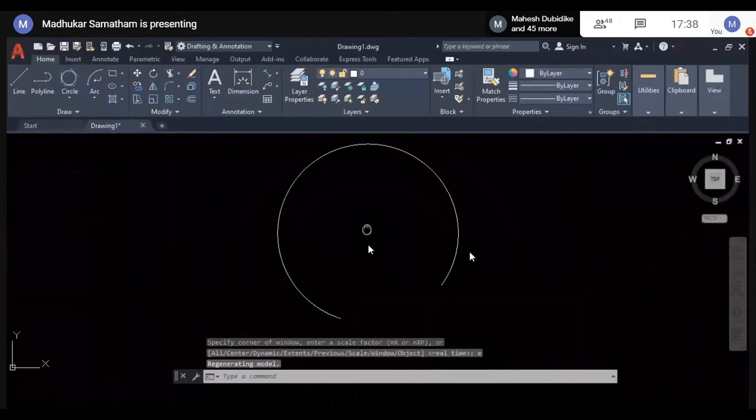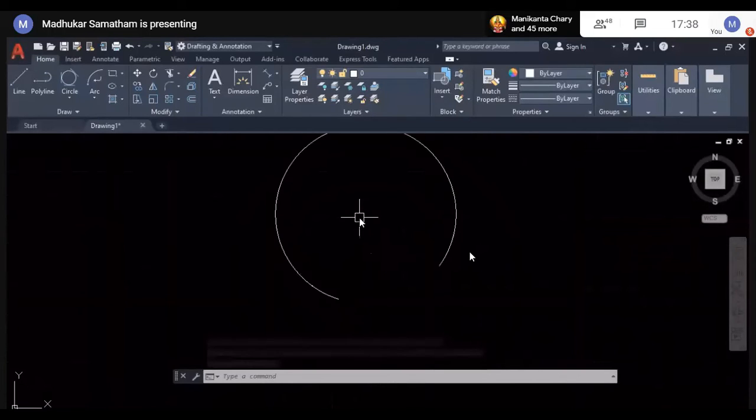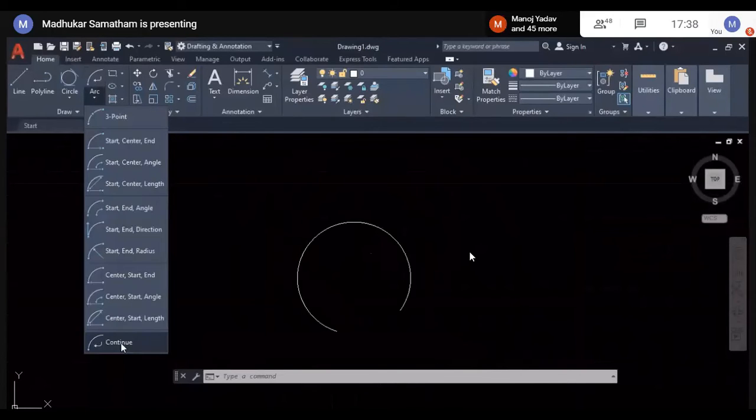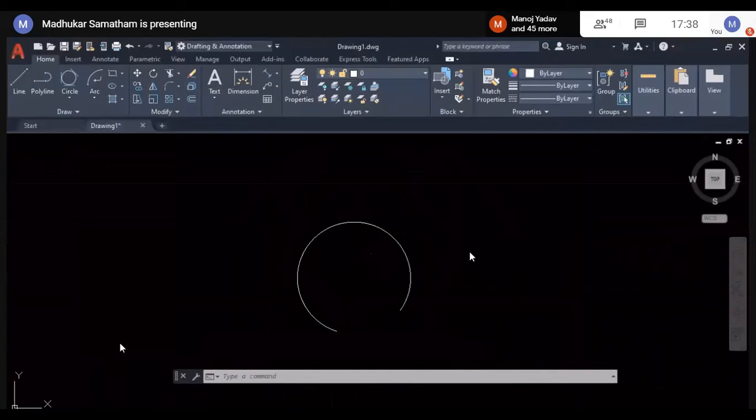Continuous arcs we can generate by specifying only 2 points. Here, when you go to the continuous point, previous point by default it is taking.